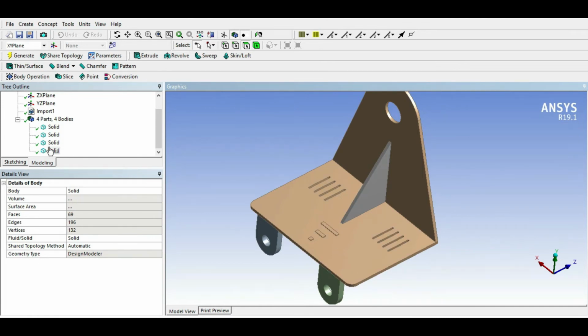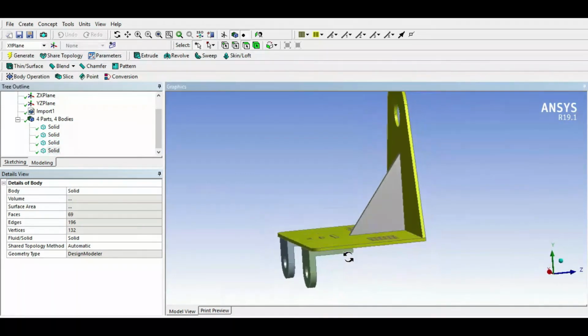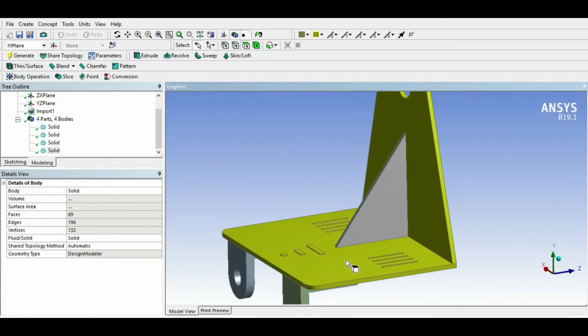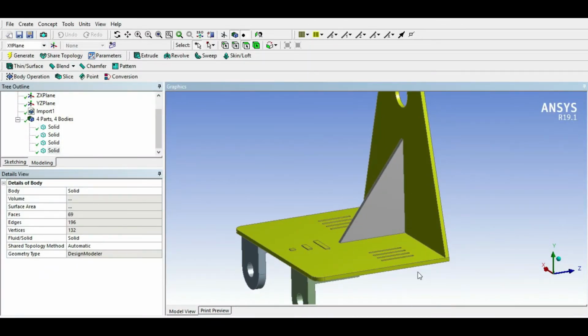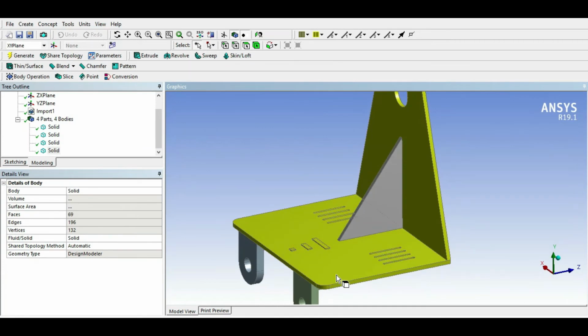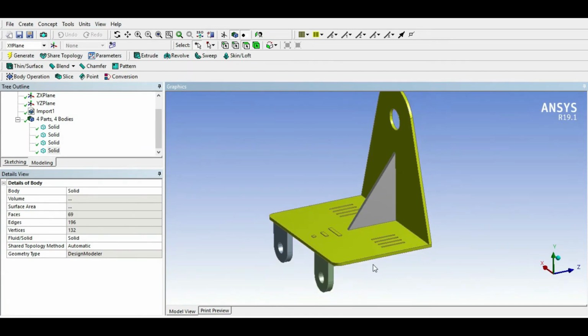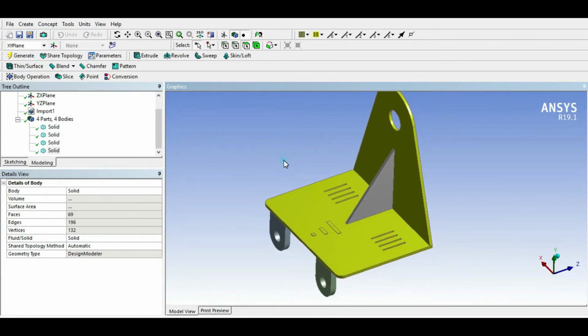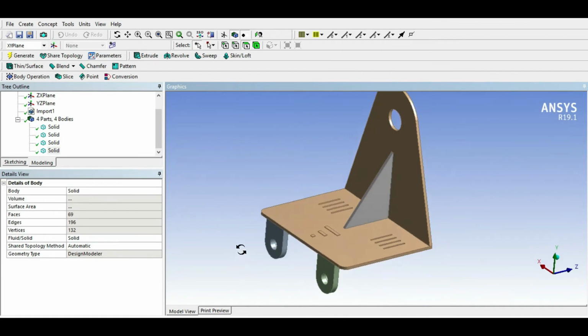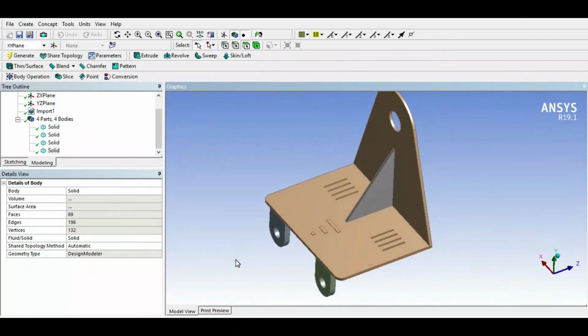So if you consider this fourth body here, the thickness is very small compared to the other 2 dimensions like width and height, or length and height. Thickness is very less, so it is possible to convert or extract mid surfaces. This is an examination we can say, of what we can do to modify the geometry.